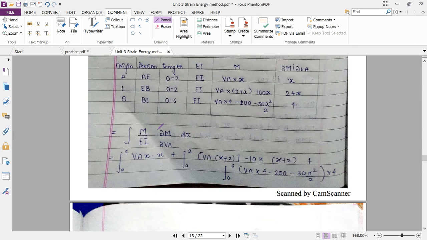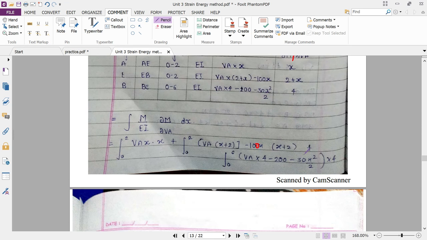Now the formula for the strain energy is M by EI, del M by del VA into dx. Now put this value. First of all, VA into X value is to be considered. We have to consider del M by del VA, to VA into X we have to consider here. Then this value: VA into X plus 2 minus 100x into X plus 2. Here it will be 100x, not 10x, this is 100x, plus VA into 4 minus 200 minus